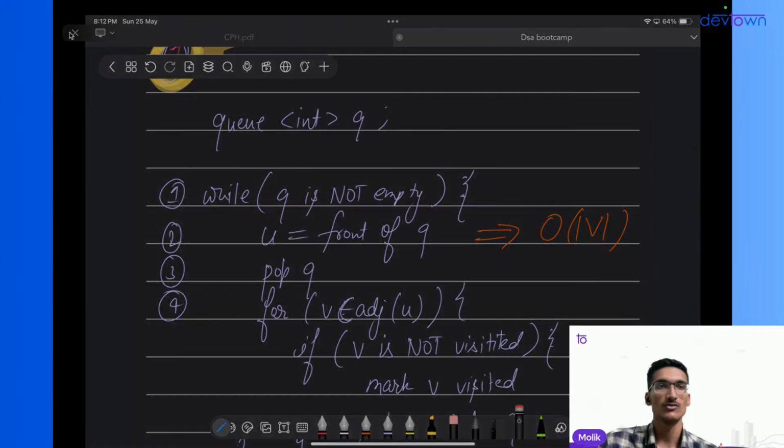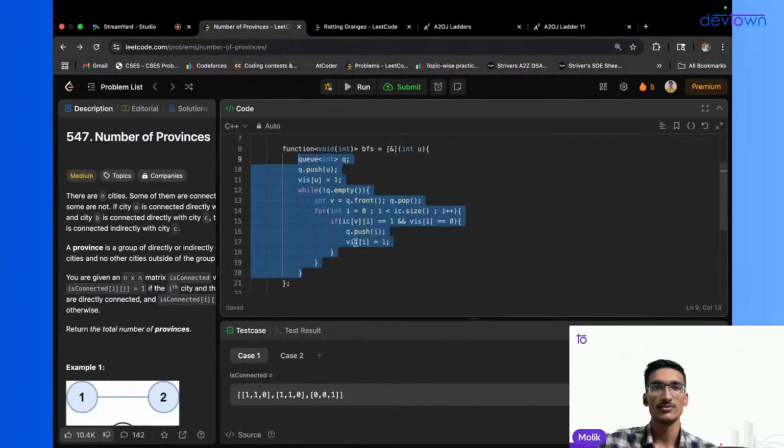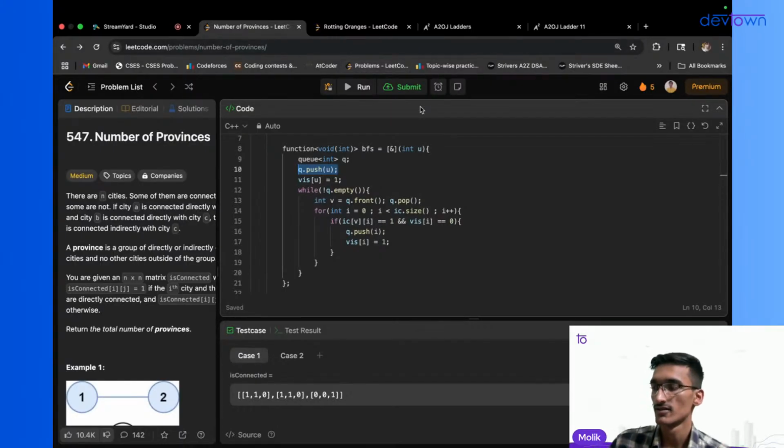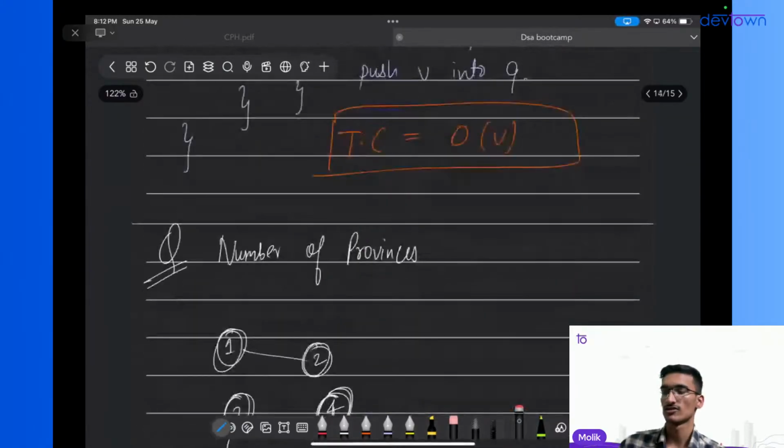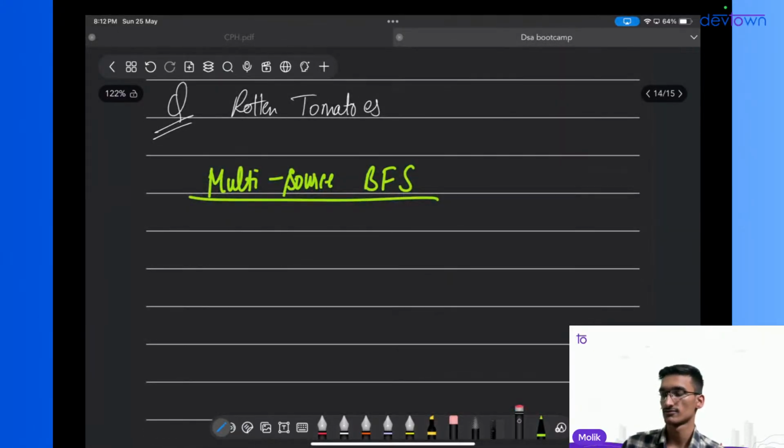And you might have noticed that in this problem, we just inserted a single value. The only difference between single source and multi sources